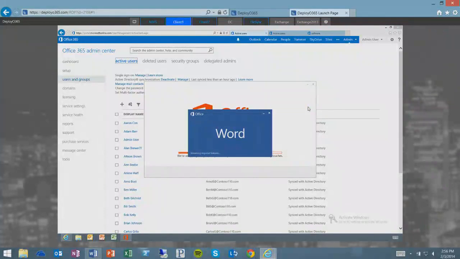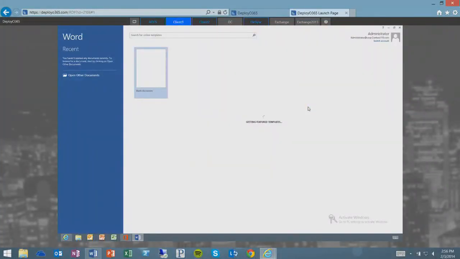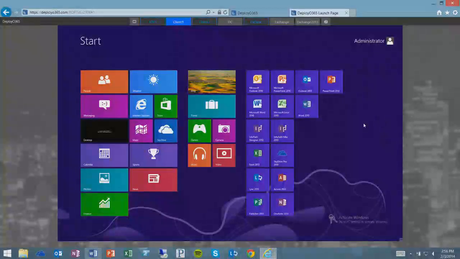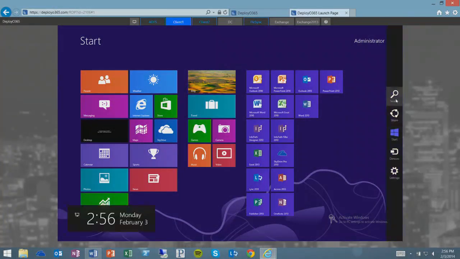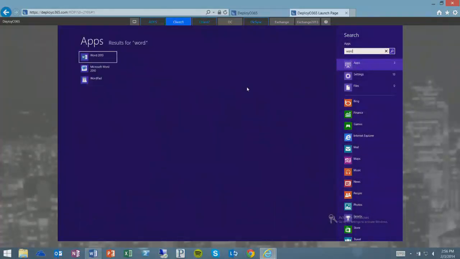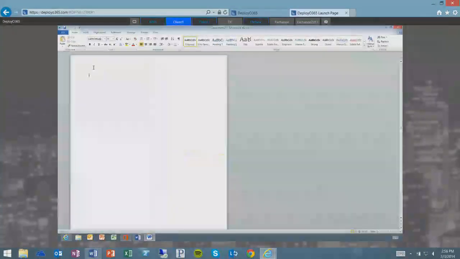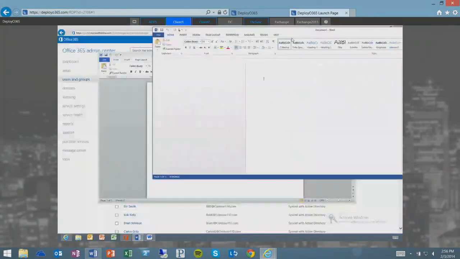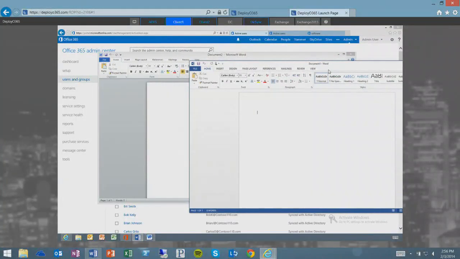So I'll open Word. All the features I need to start using Word right now is ready to go. And so I have Word, the capabilities, the new pieces. I'm signed in. And I can go to the old Word, and when I search for Word, I have Word 2010 and 2013, and I now have them side by side, running at the same exact time. From a user perspective, they can start to adopt and use the applications they want.